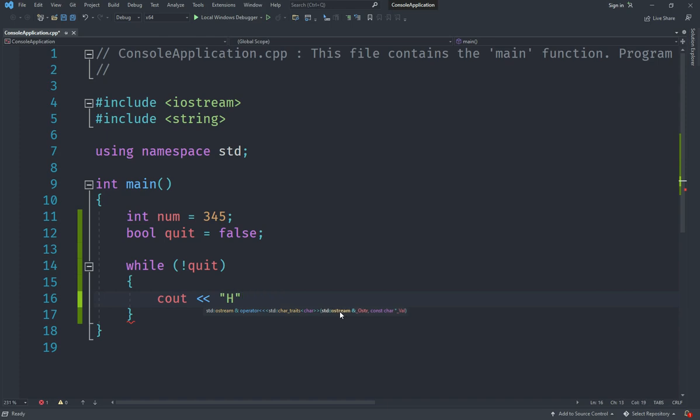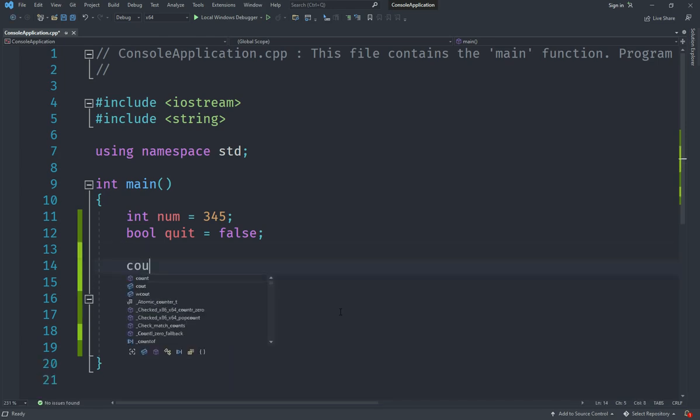Actually, let's not do that. Let's just get straight to the point. Let's say: can you guess the number? First, let me go outside of the while loop. So I'm going to say cout and say something like